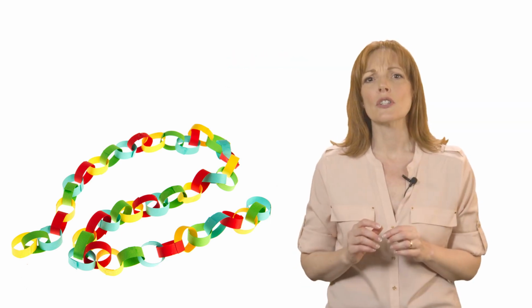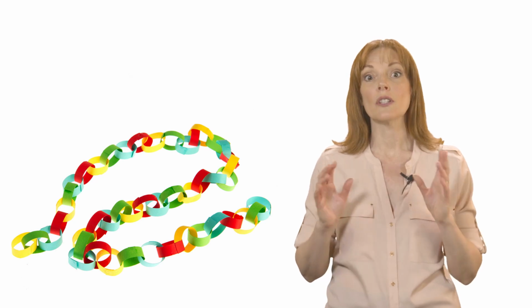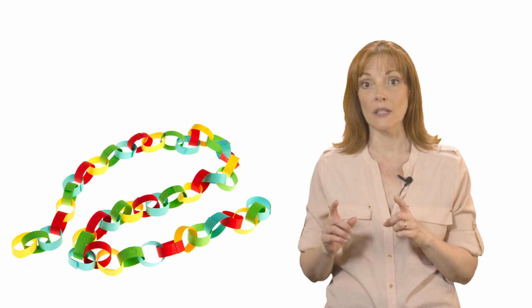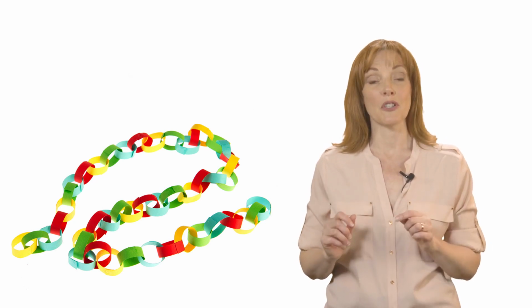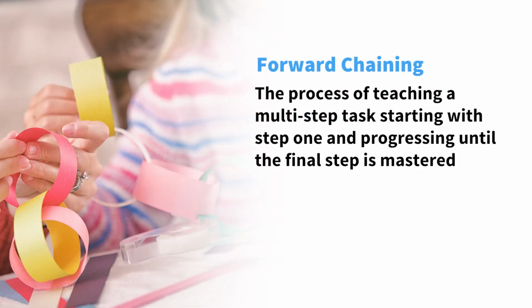If you are teaching your child the alphabet, you are attempting to build a chain. If you are teaching the tying of shoelaces, you are also attempting to build a chain. There are 3 chaining procedures: forward chaining, backward chaining, and total task analysis. Forward chaining is the process of teaching a multi-step task starting with step 1 and progressing until the final step